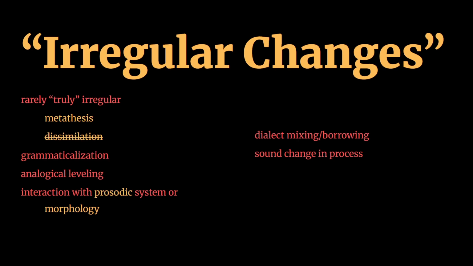There's also something to be said for simply saying that something is irregular because the context in which it occurs is so complicated that it's not worth figuring out. This is up to you as the conlanger to decide if you want to figure out the specific context for this kind of change. And finally, some irregular changes are the result of some kind of spelling-influenced hypercorrection or other cultural reasons where people would revert back to a previous pronunciation of that word. I'm not entirely certain if this last one is actually a thing, but I'm fairly confident that this is a thing that happens, so your mileage may vary.